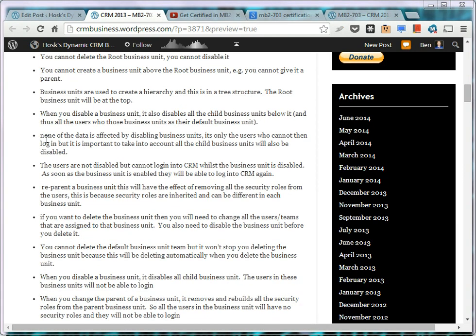None of the data is affected by disabling a business unit, only the users just cannot log in. The users are not disabled, they just cannot log into CRM whilst the business unit is disabled. As soon as the business unit is enabled, all the users will be able to log in again. That's actually an important point, that users don't get disabled, they just literally can't log in because they haven't got